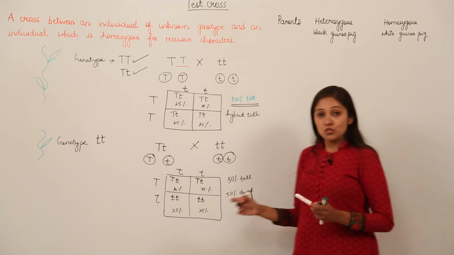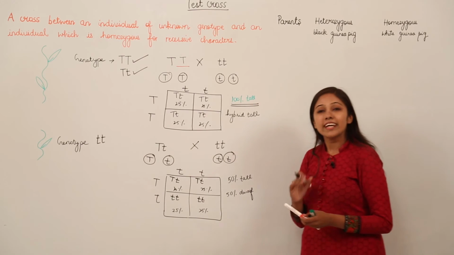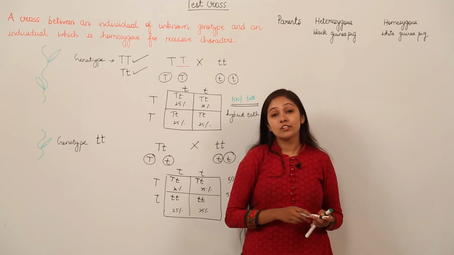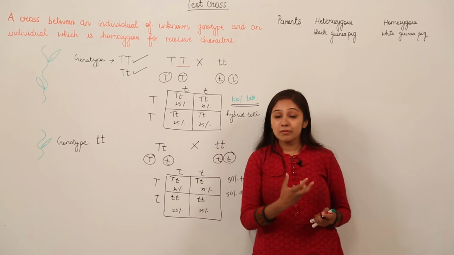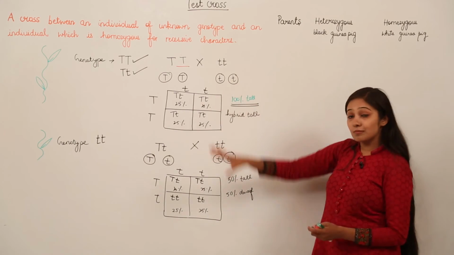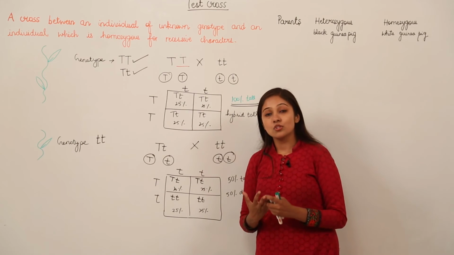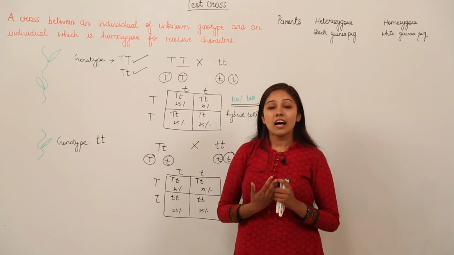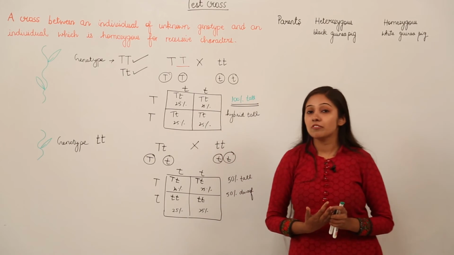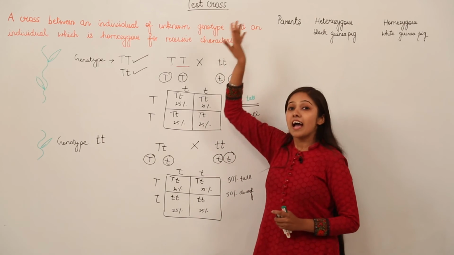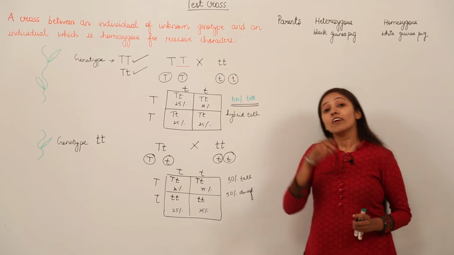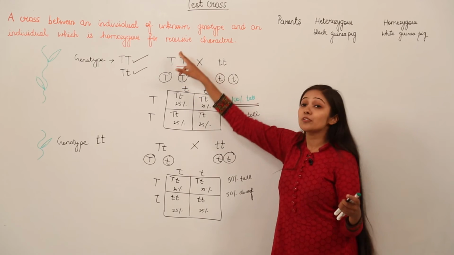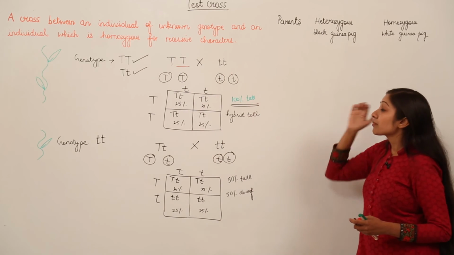So this is how you are going to make out for a test cross, and remember that this test cross is very important to geneticists. Why? Because this is going to help them to analyze, to interpret the genotype of an organism. So remember, when you are asked what is going to be the genotype of the organism, you can perform a test cross, and by the results you can conclude what is the genotype of the organism and how you are going to interpret that. Okay. So next we move forward.